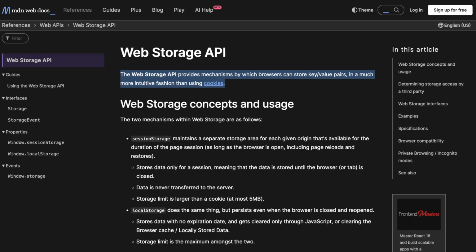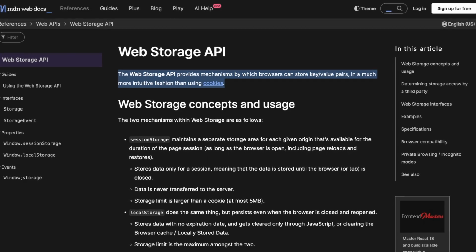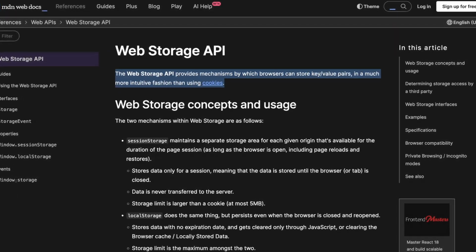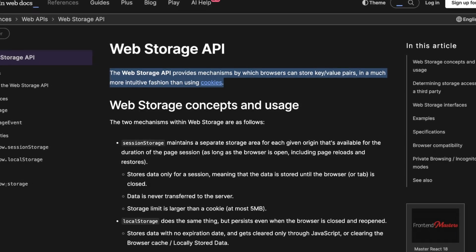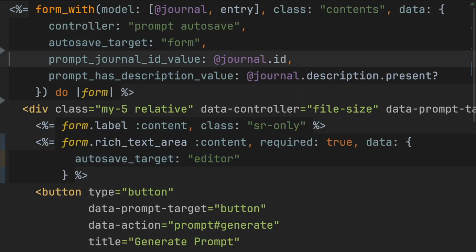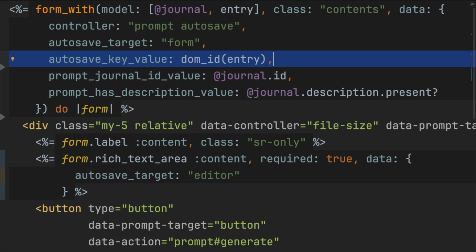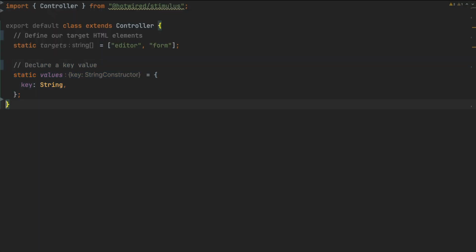Now, I'm going to use the Web Storage API to autosave the journal entry to the client's device before it's sent to my server for long-term persistence. So I'm going to use the DOM ID of the journal entry to be the key for my local storage lookup. The local storage API is a blocking API, meaning that when you call getItem or setItem,